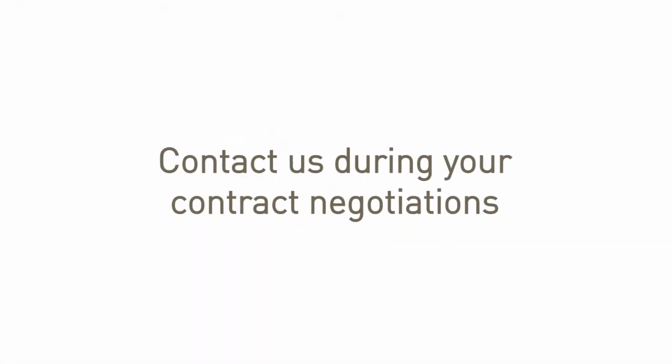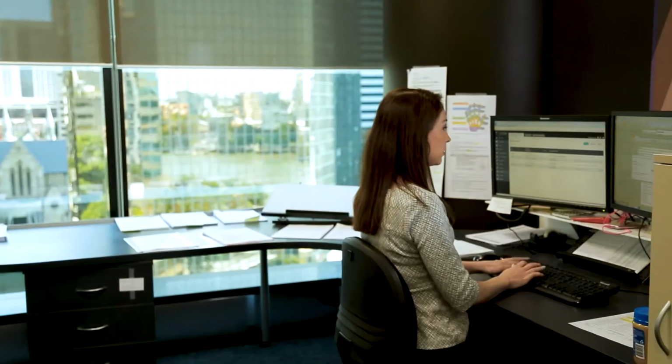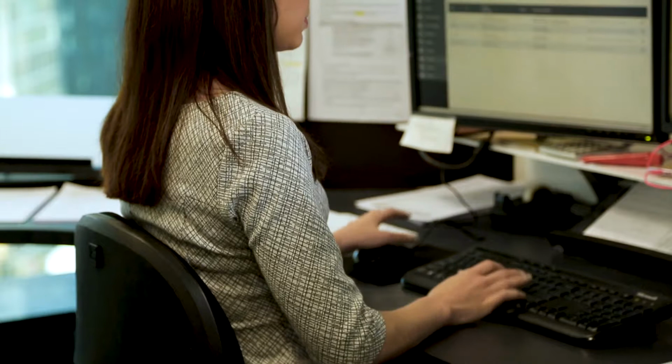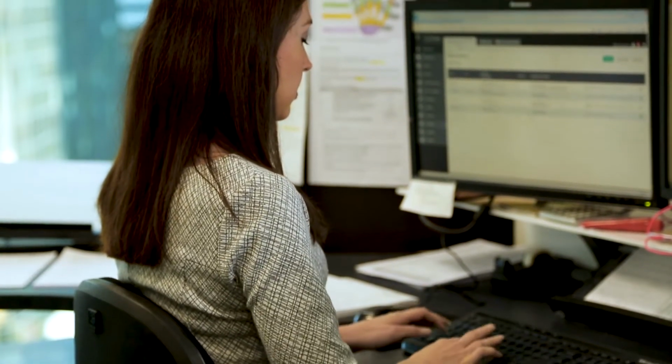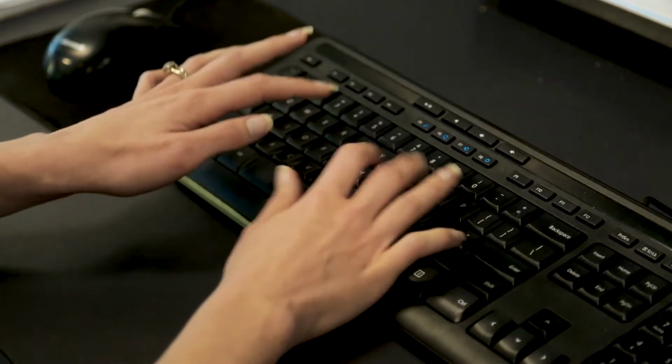There are things that we can help you do to avoid this type of situation. By contacting us during the negotiation phase of the contract, we can help you to properly understand the clauses and, in some cases, negotiate more favourable terms. For instance, we can negotiate a contractual indemnity which is not as broad in scope, or perhaps an obligation to insure which will not be as costly for your business. We can propose amendments to the draft and help you to negotiate with the principal contractor.